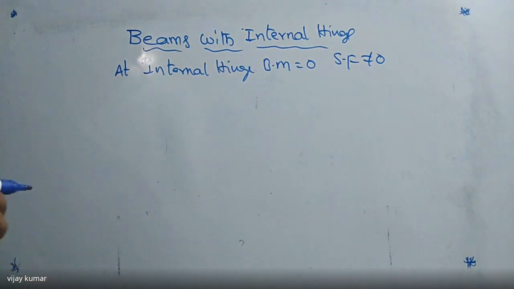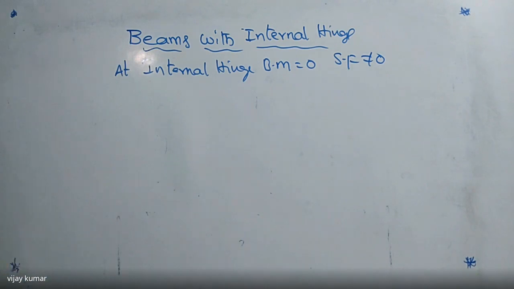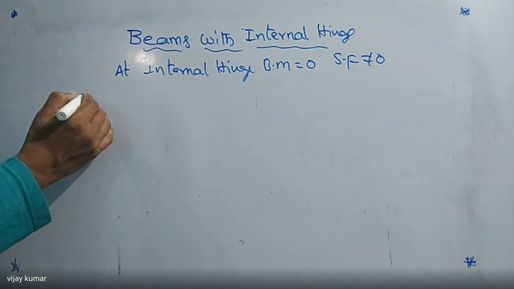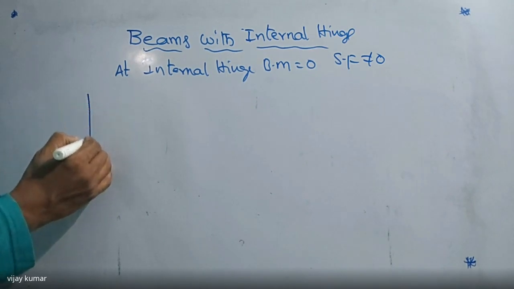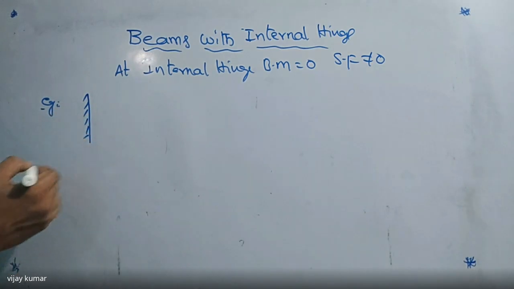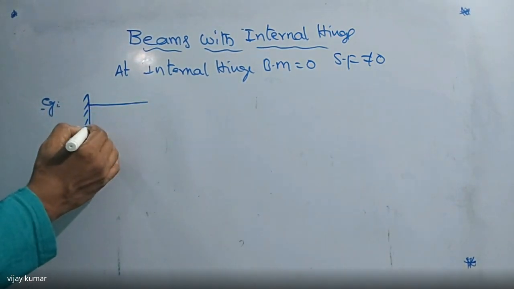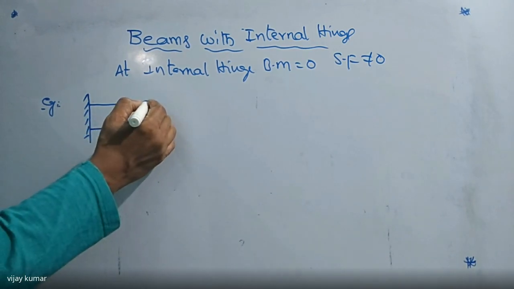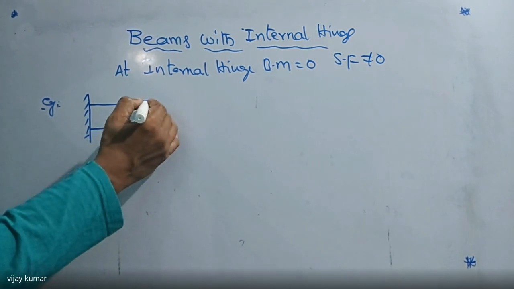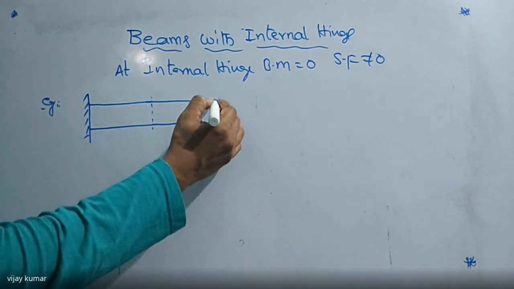Now, in the GATE examination, three questions are asked on the beams which are subject to internal hinge. So listen carefully. The question is given like this. Two bars are given. This is the first example problem given in the GATE examination. The first one is AB, and another one is BC.